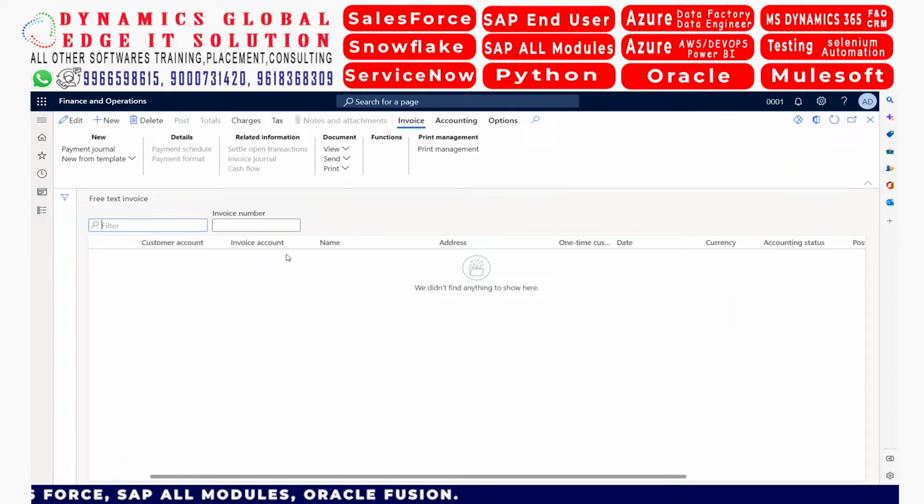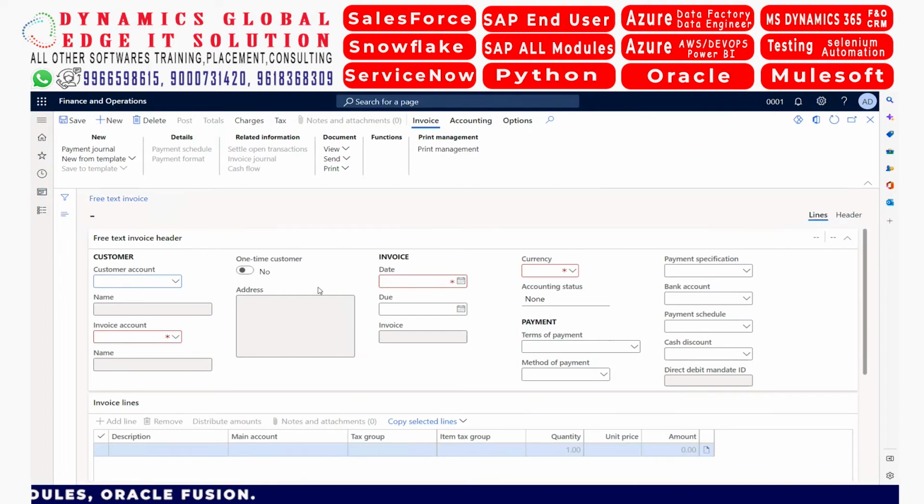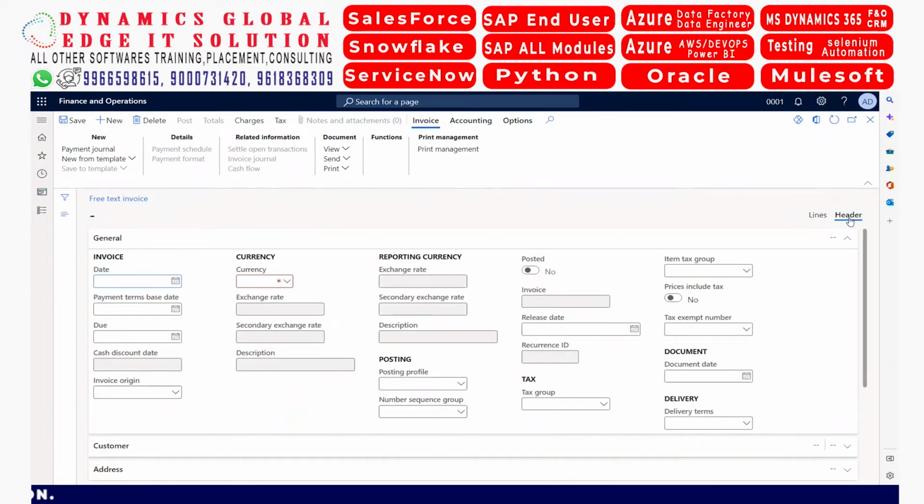If you want to create a new invoice, you have to click on New. Once you click on New, you can find two options here. One is the header and another one is the lines. Now let's go and discuss the header here. When you are going to see